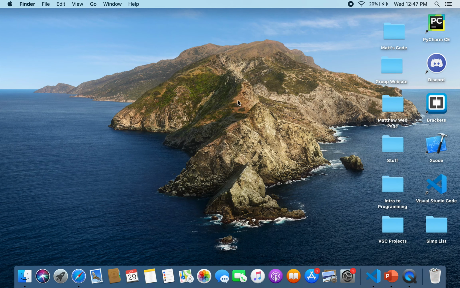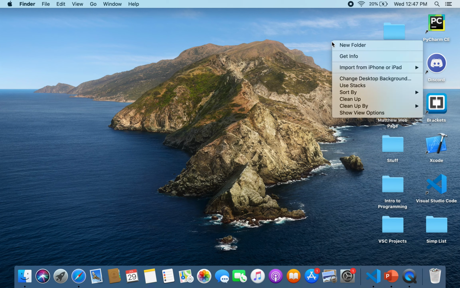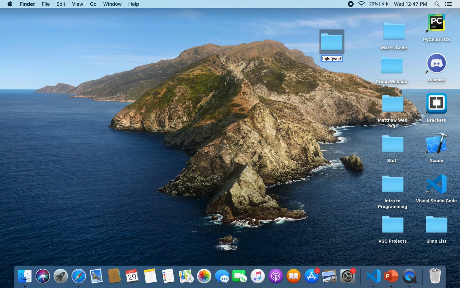Okay, so once you've completed that, you'll go to your desktop and you'll make a folder. I've already made a folder called Matt's Code. You can name it whatever. This is where we'll store our Python projects. And if you don't know how to make a new folder, just be on your desktop and right-click. On Mac, you'll do Control and then click on the trackpad, if you're on the laptop, and go to New Folder and call it whatever. There you go. I'm going to trash this.